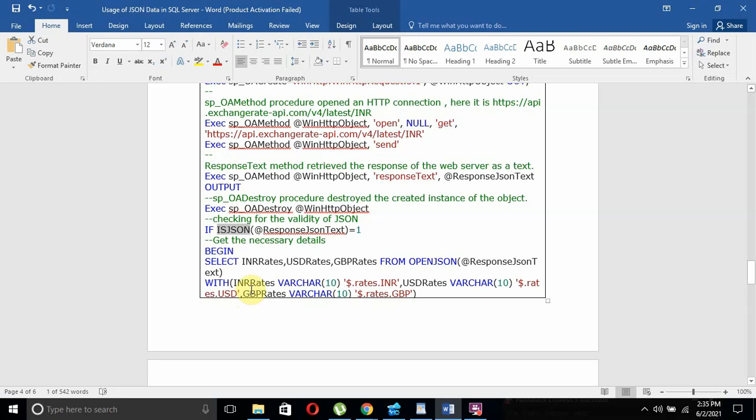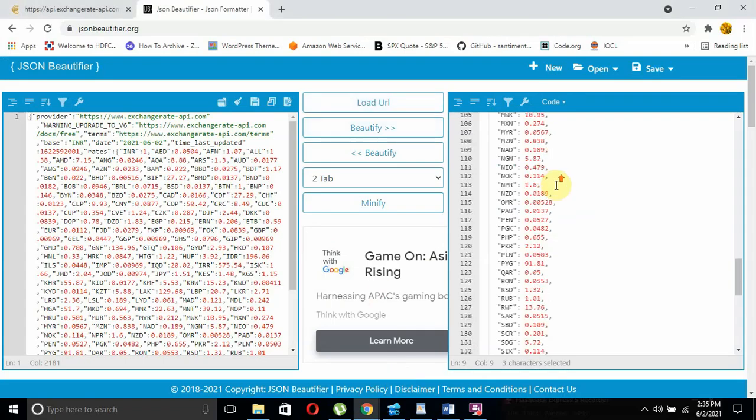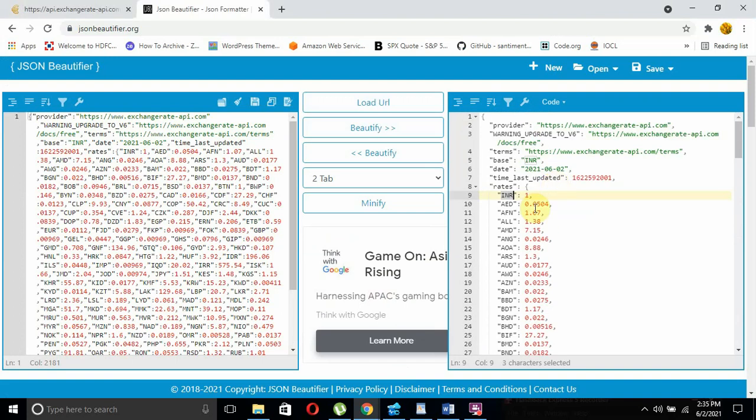Here one thing we need to see in the output: the rates are present in the rates key. Inside the rates key you will have additional fields like INR, AED, AFN, etc. It is in a nested format.